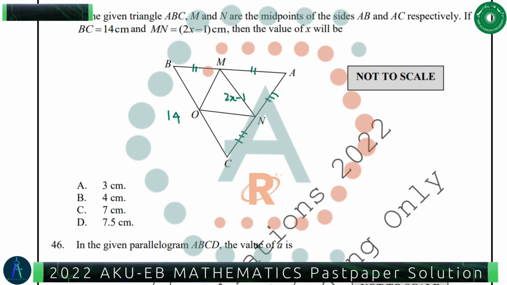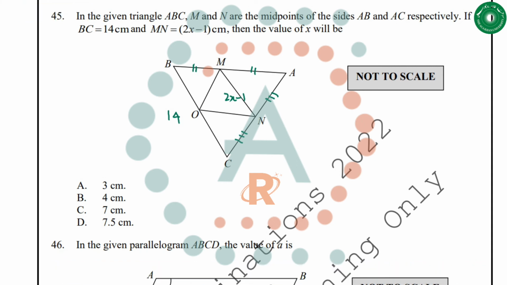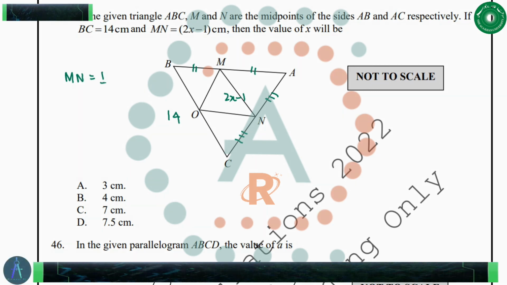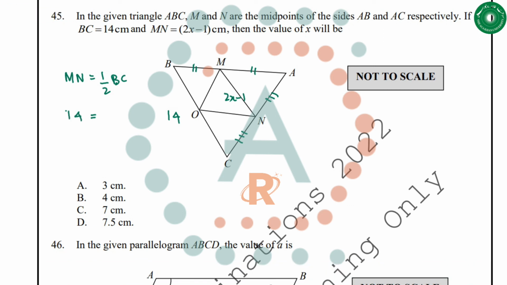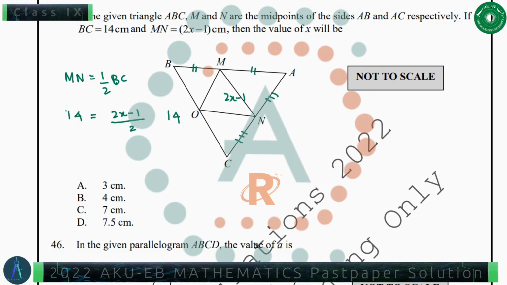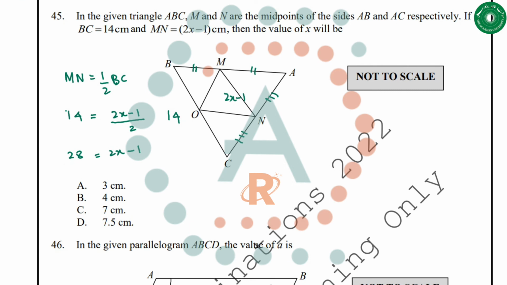minus 1. So this line MN will be half of the BC. MN will be equal to half of BC because this MN is formed by joining the midpoints of two sides. So MN is 14 equals to 2x minus 1 over 2. So यहाँ से जब हम x की वैल्यू निकाल लेते हैं, so 28 will be equal to 2x minus 1. So 2x minus 1, तो यहाँ से x की वैल्यू मालूम करनी है, so 2x is equal to